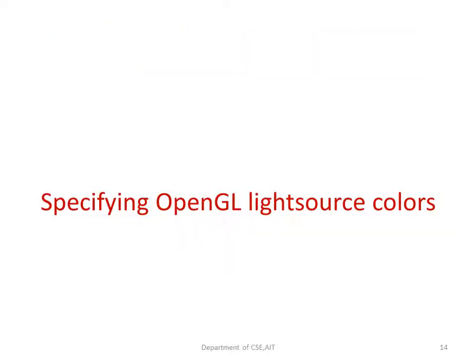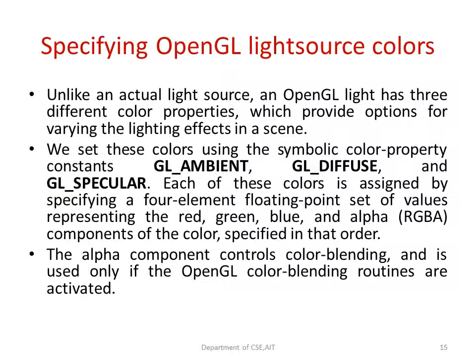Next we will see how we can specify some colors to the light source by making use of the OpenGL APIs. We can have a light source with different color properties, and to give these color properties we are going to make use of these symbolic constants, which are GL_AMBIENT, GL_DIFFUSE and GL_SPECULAR. When the light is uniform, it is GL_AMBIENT. When the light is spread, it is called GL_DIFFUSE. And when the light is concentrated at one particular place, that is specular, the shiny effect, given by GL_SPECULAR. Of course, for the light, we need to make use of red, green and blue.